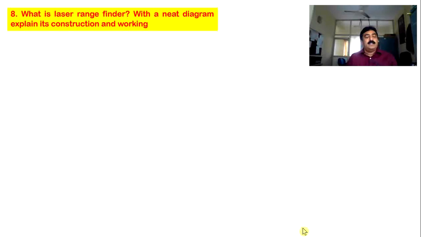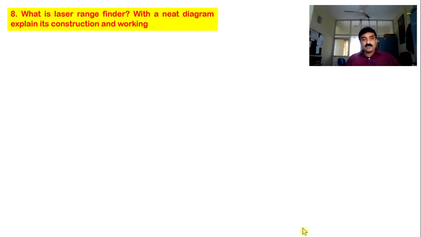See dear students, distance measurement is called range finding. You use measuring tapes or scale, or even our body parts also we can use. See, this is called 1 feet, like that. There are many options, but this traditional method like using scale or tape or any other thread or chain is a little bit laborious, also not accurate. Especially for civil engineers, distance measurements are very important. So nowadays we are using laser for that purpose.